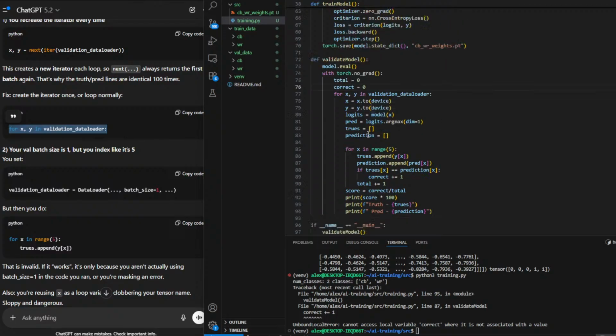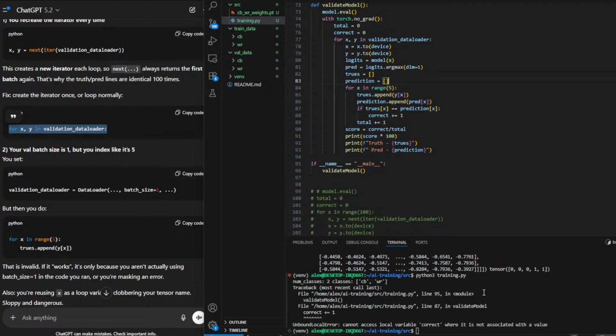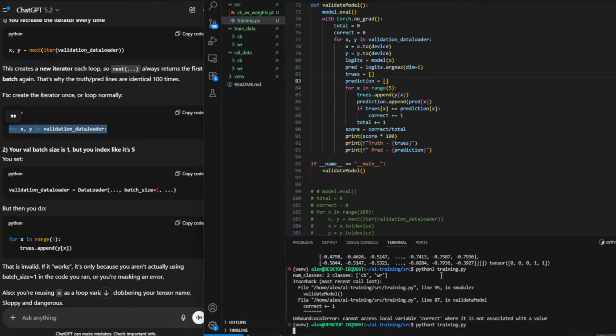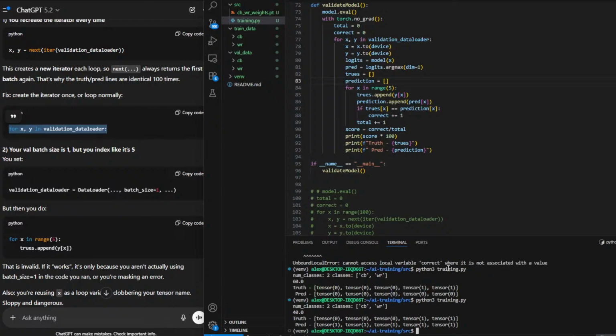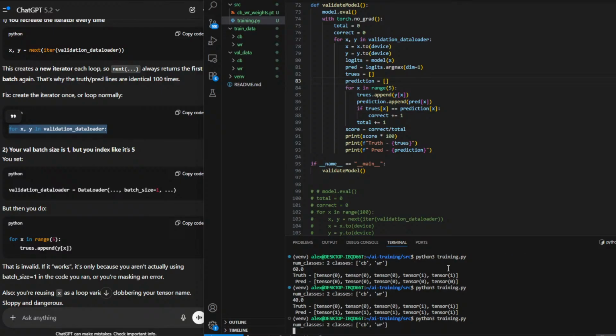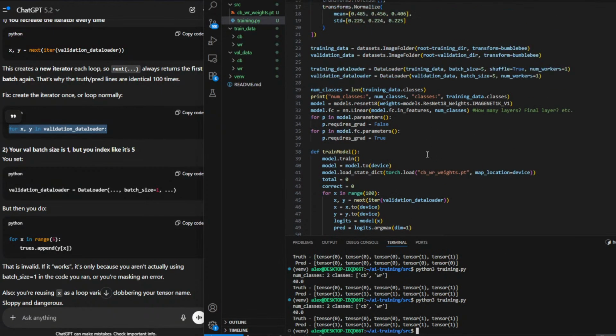And then now I should be able to update those variables inside of the function itself. So I get 60%, 40%, 40%. Okay, so this is now working with new classes each time, but I'm not loading the dictionary,